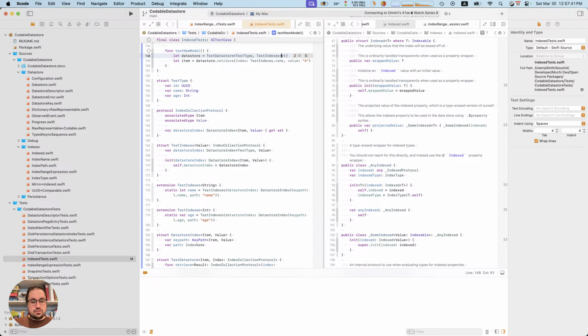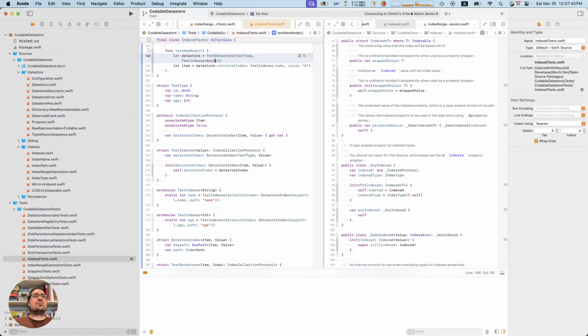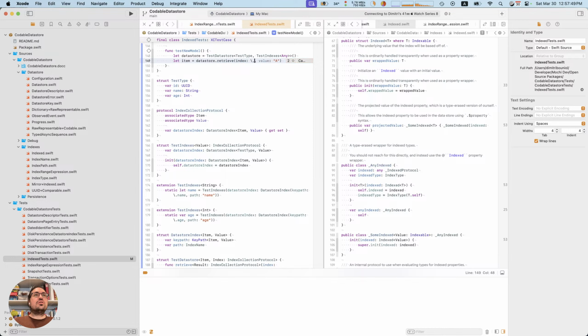Okay, so given this key path, return another key path. But then that's not going to make it happy.